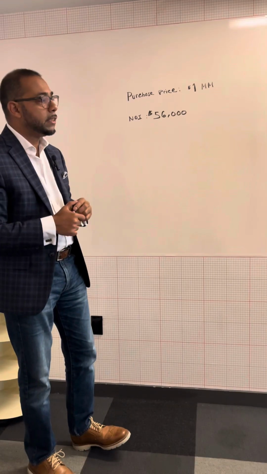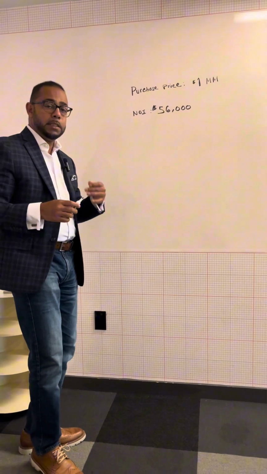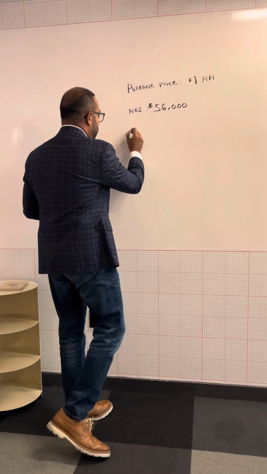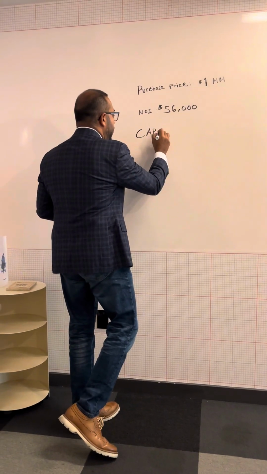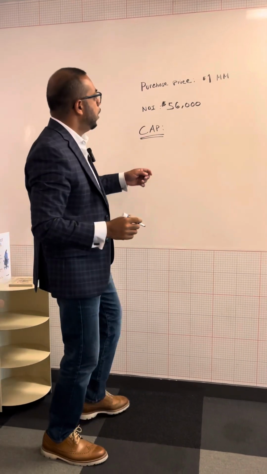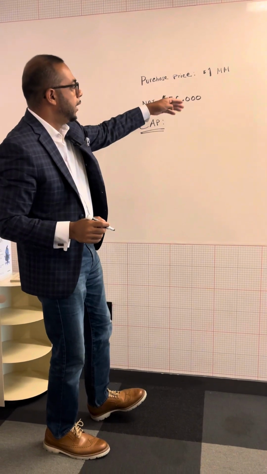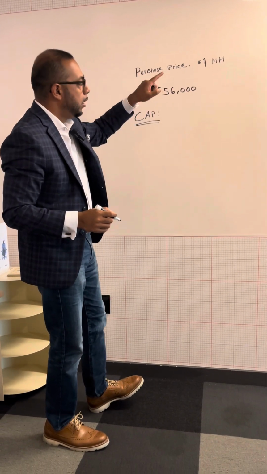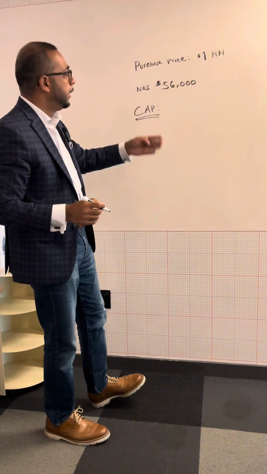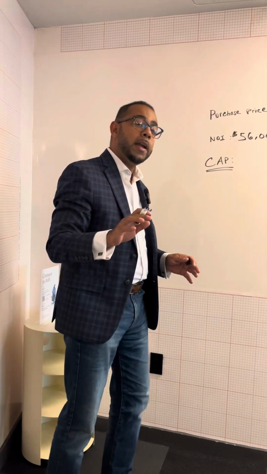So there are a few things. Number one is what is typically known as cap rate, right? It basically means what is your capitalization rate if you are buying this property at $1 million with $56,000 of net operating income. So the way to find it is